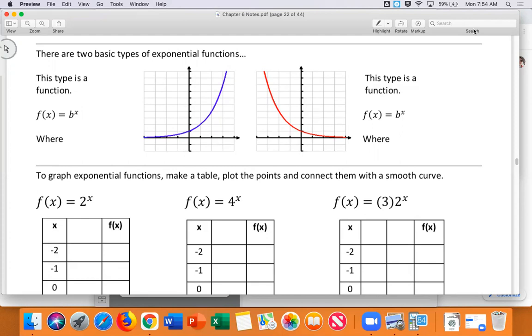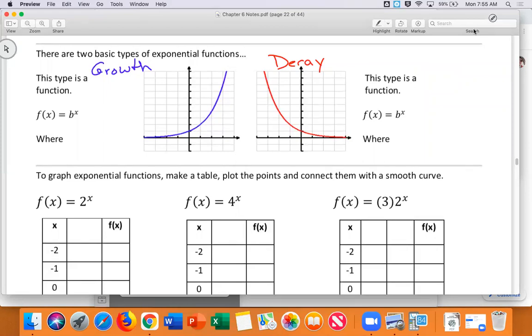Blue is growth, red is decay. Blue is going up, so it's growing, and red is going down, so it's decreasing, the decay. Growth, decay. That was a great explanation. All right, so this is a growth function because it's going up, and decay is red because that's going down. Okay, now